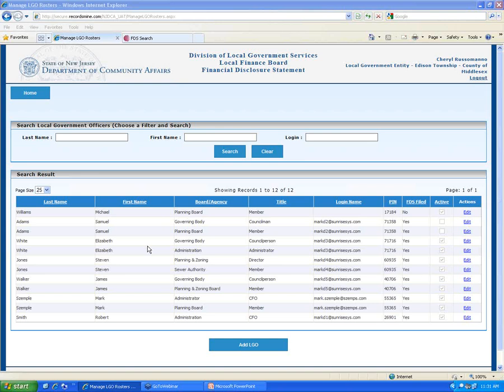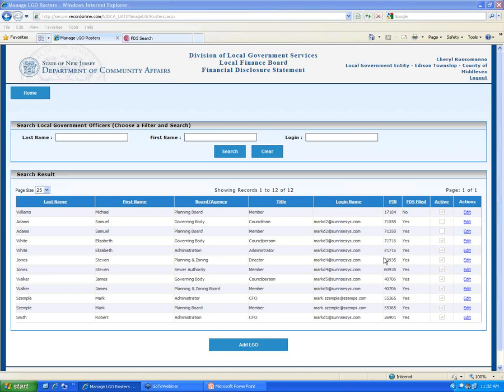Getting back to that other question, the FDS form does not require that a local government officer name children solely for the purpose of us collecting information about the children. The spouse, if there is a spouse or domestic partner, civil union partner, etc., that's required on the form regardless of whether any other part of the form applies to the spouse.